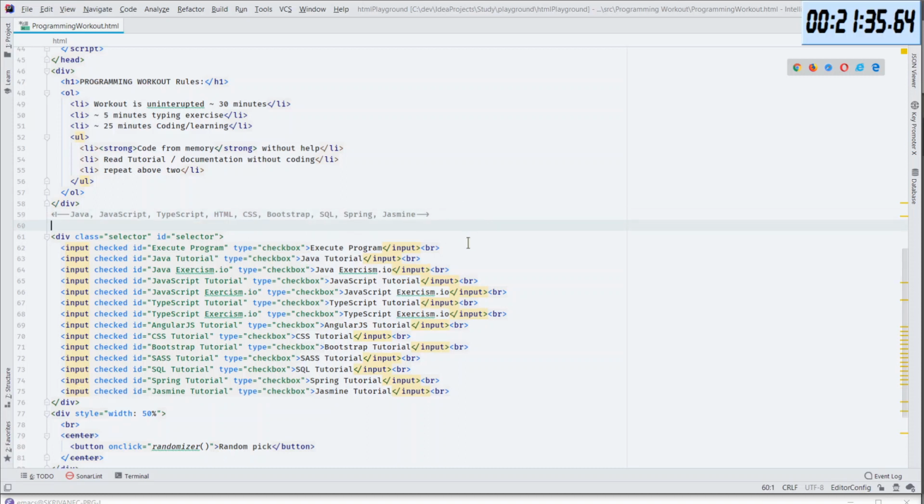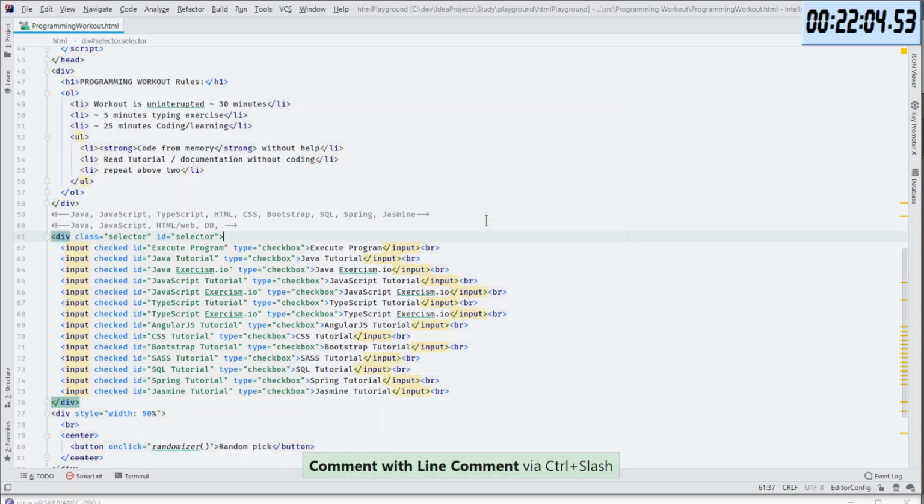It will be Java, JavaScript, HTML/web, and databases, so let's call it DB, and that will be it.